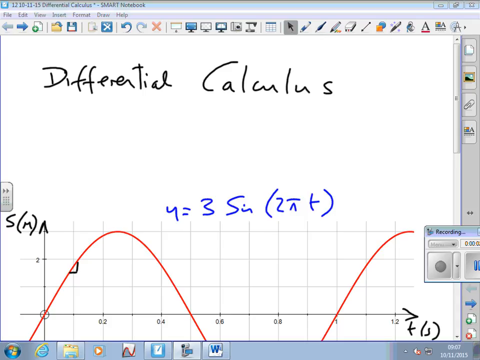We're going to start looking at calculus now, and there's two aspects to it. One, differential calculus, which is what we're going to start with, and then integral calculus, which we'll move on to in a few weeks' time. Differential calculus